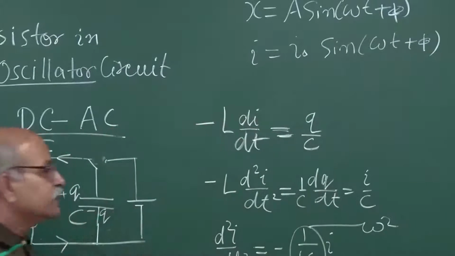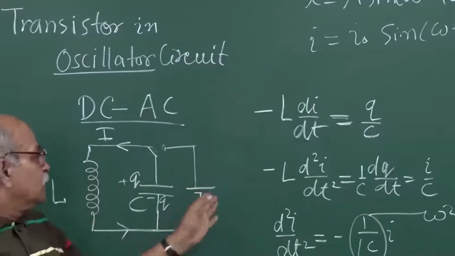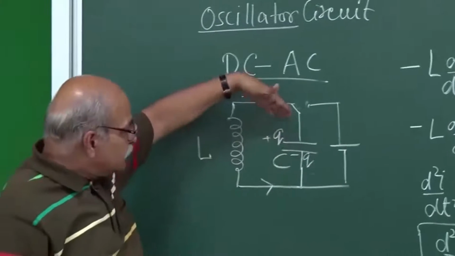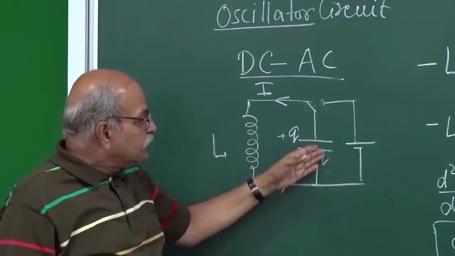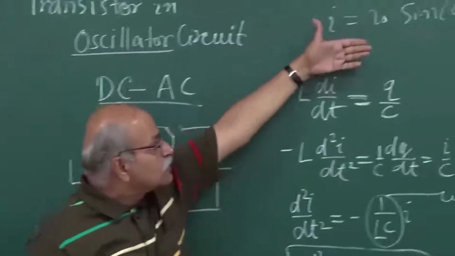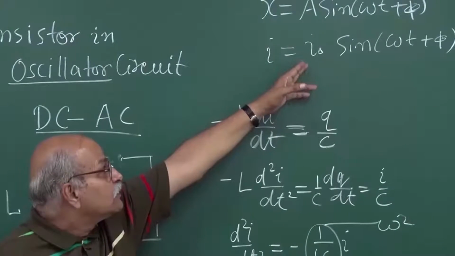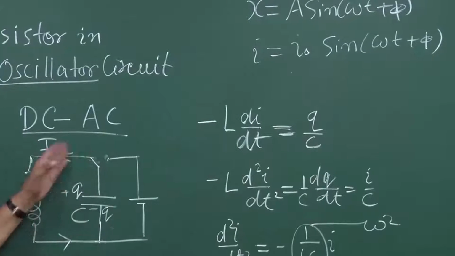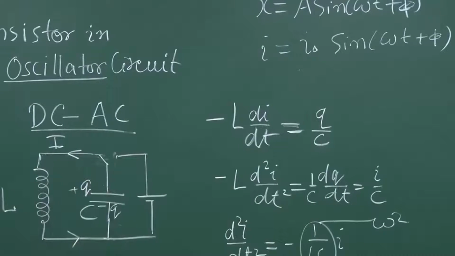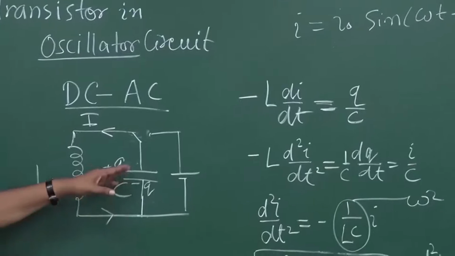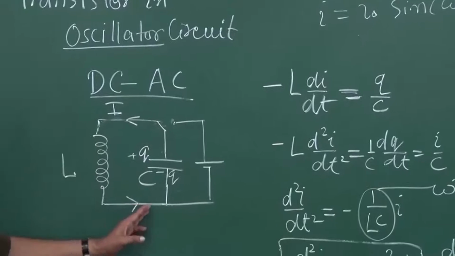So the current oscillates in time. It goes from +I₀ to -I₀. So what will happen physically? Physically, the current goes like this, and then it changes its magnitude as a function of time, and finally it changes sign also, and it goes up to -I₀. So it goes this way, and then this way, and then this way, and then this way. So that means when this charge becomes 0, if the current is this way, then you are